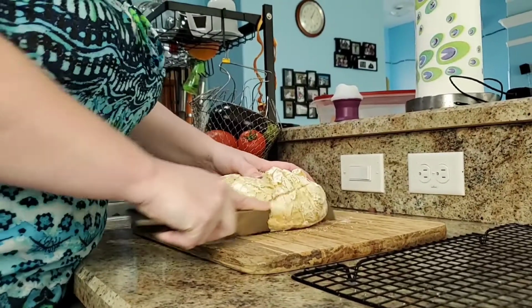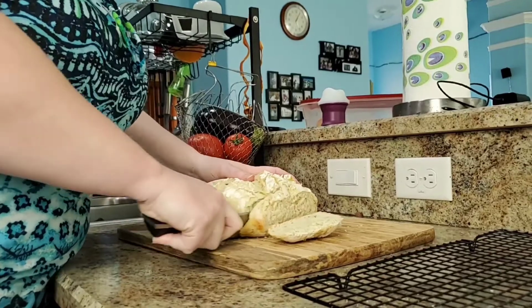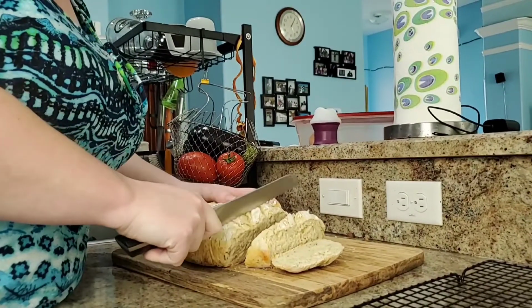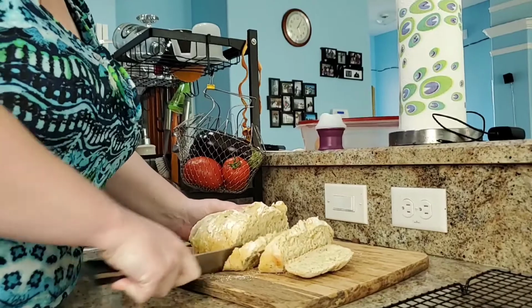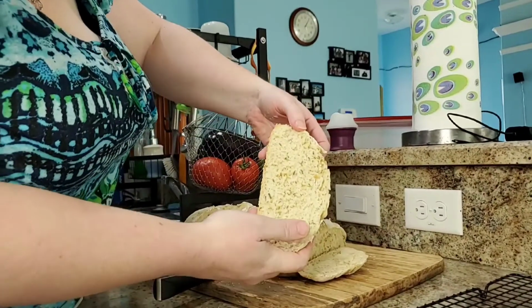We usually slice this in pretty thick slices. Really kind of lets my husband whatever he's cooked shine. You can see that this bread is full of